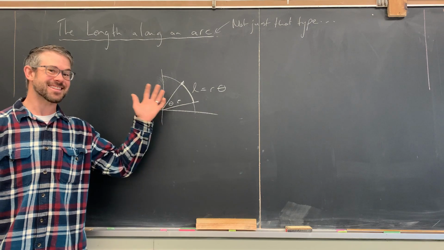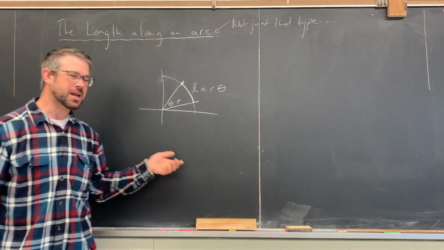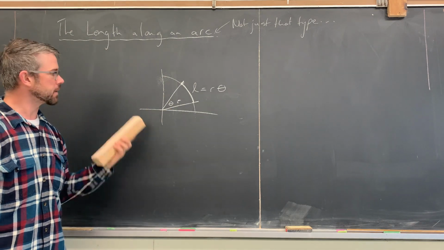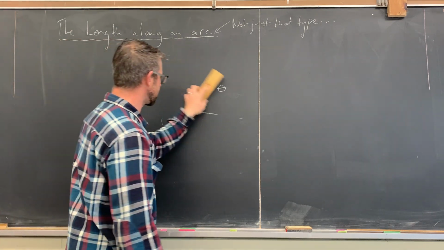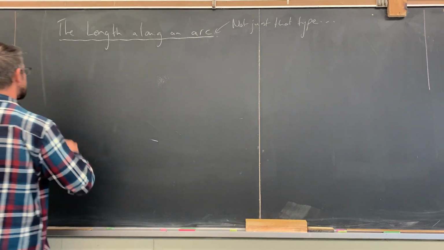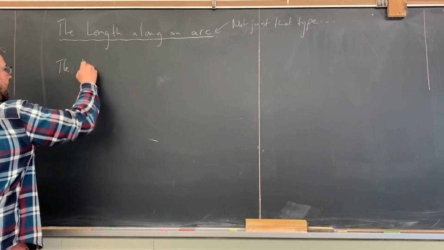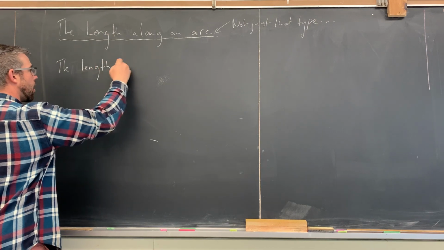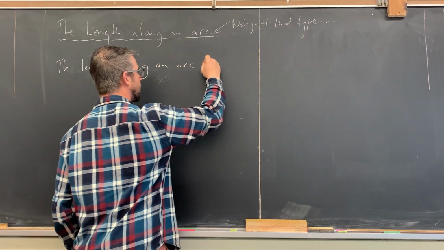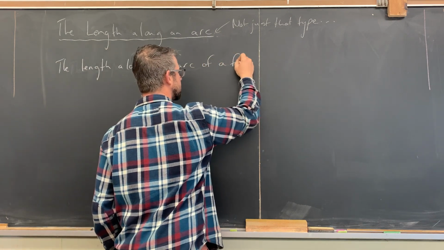So not this type of arc. What happens if we have something that's non-circular? This works because a circle is quite nice, but let's go with something that doesn't necessarily look or act or feel exactly like a circle. So the length along an arc of a function